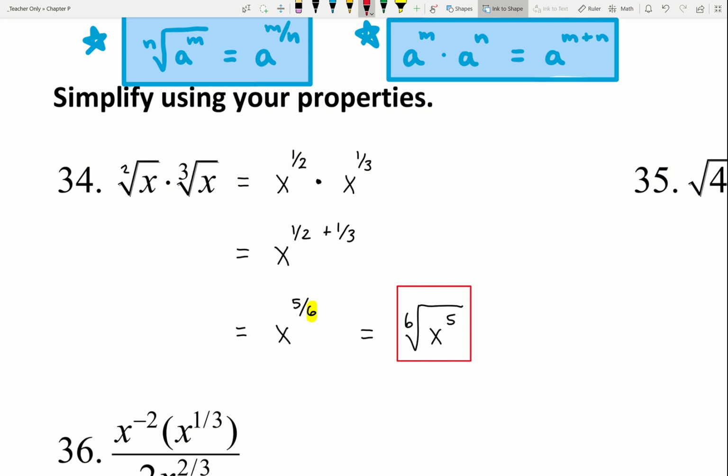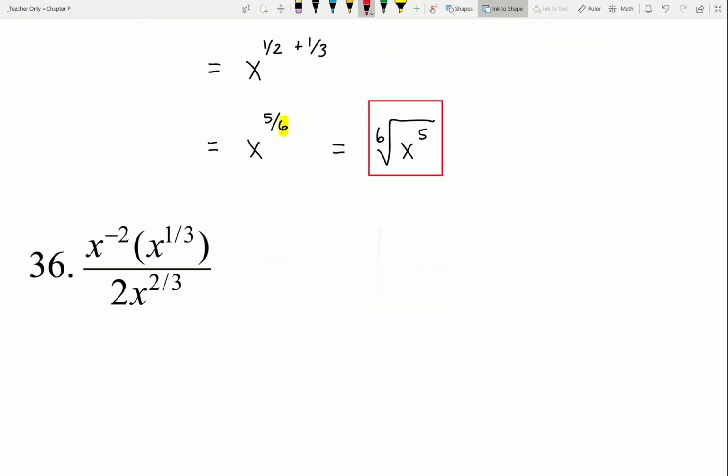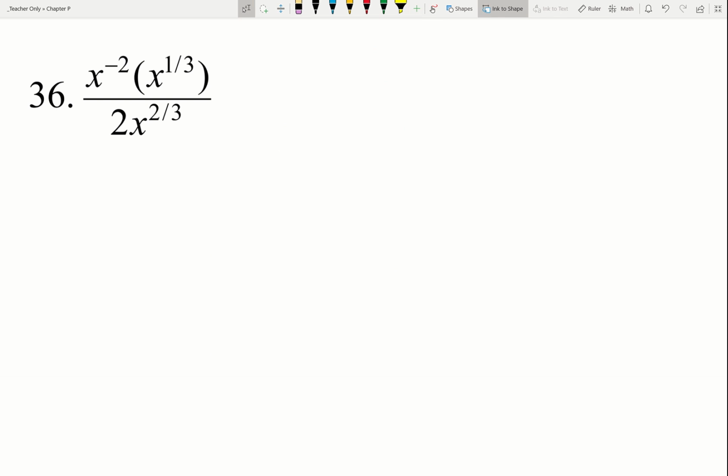So again, following that general guideline, if I give you the problem using radicals, I'd like you to end the problem using radicals. I'm going to go ahead and skip that next one, and I'm going to go right to number 36 just for the sake of time in the video here. I know it's getting a bit long, but let's go ahead and continue and see what we were going to have, right? So on this very last example, we've got a bunch of bases of x, right? So again, this is exactly like what we did in your exponents lesson, okay? I believe that was